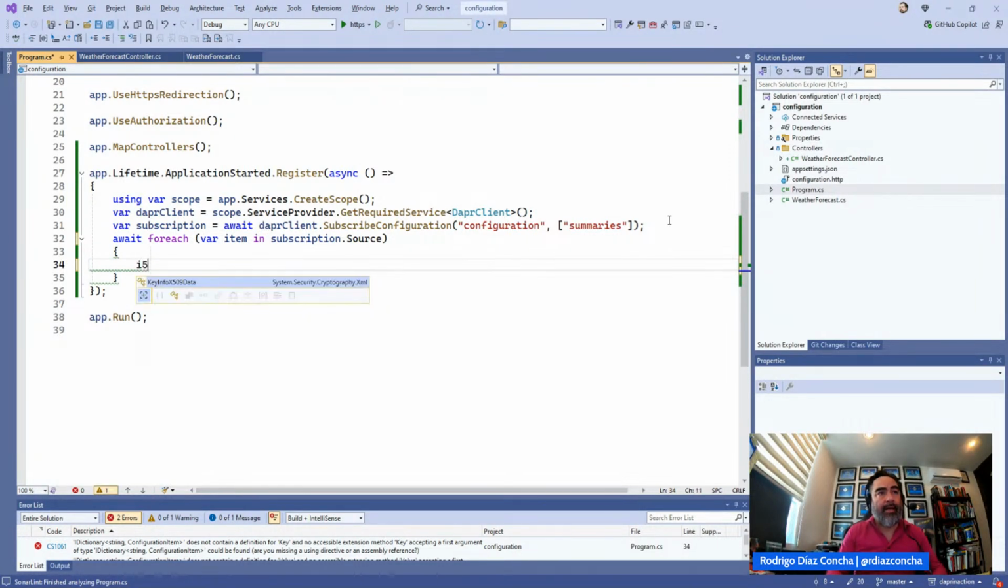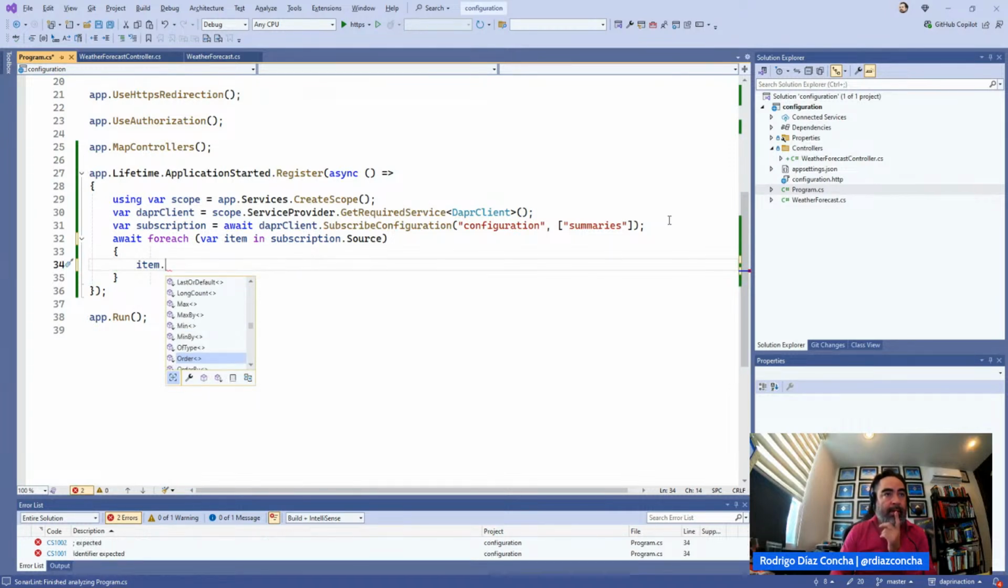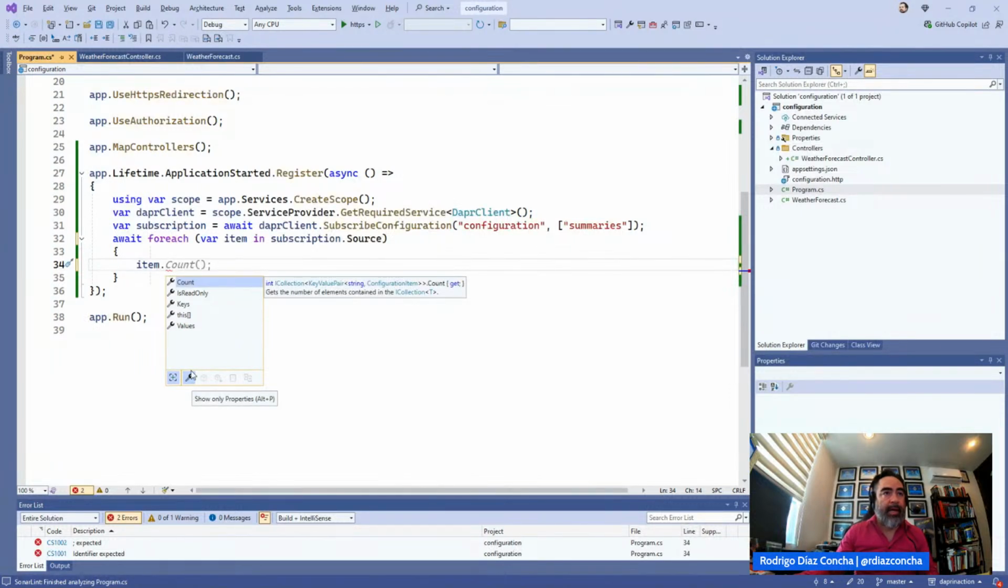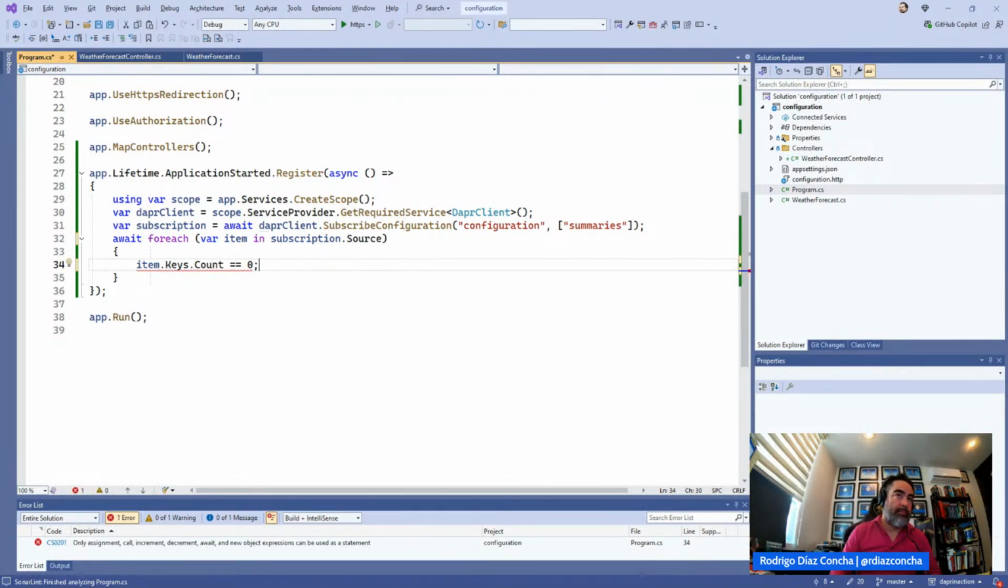And here I can go ahead and see what's going on. Item. What kind of properties do I have here? I have keys, I have values. So the first thing that you need to verify is keys. Since the first time that you run your application, this is going to be 0. No changes at all. So you need to verify if keys is 0. So in this case, you just